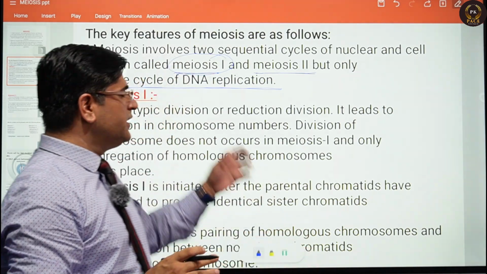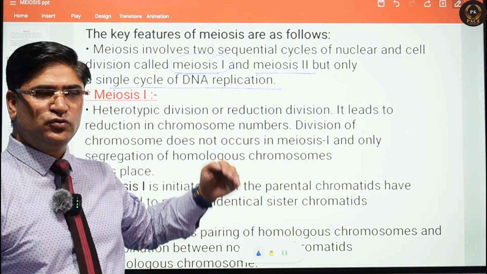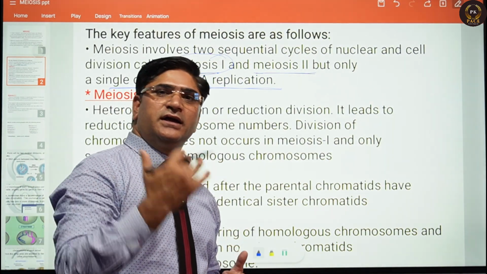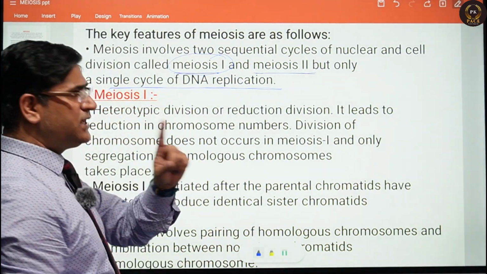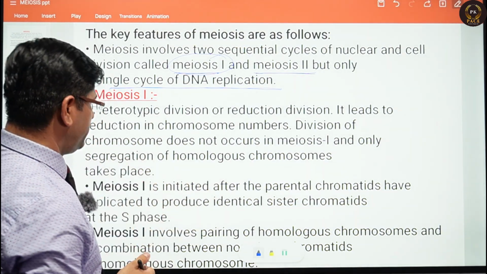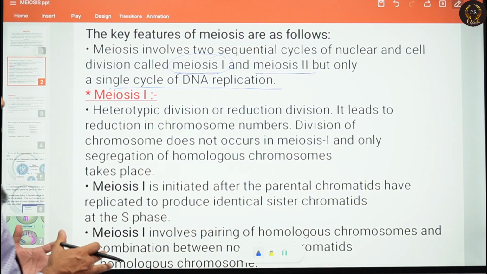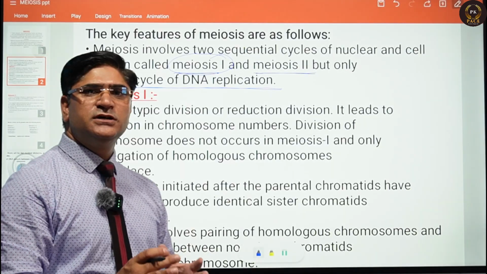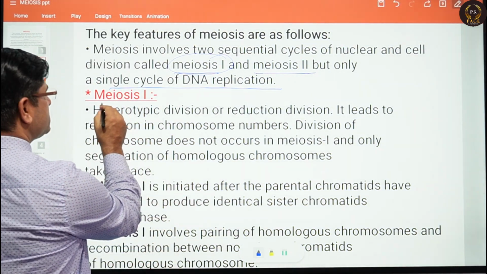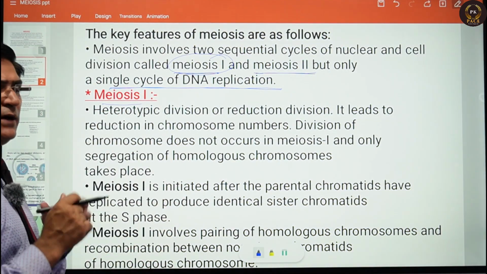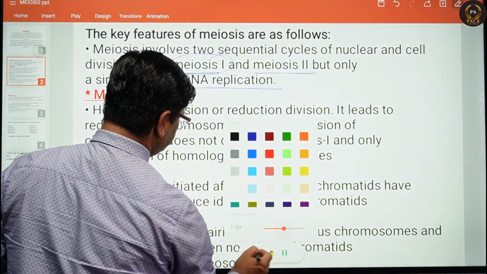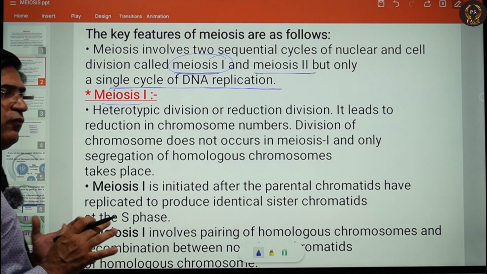Remember this point कि पूरी मियोसिस के दोनों फेजेस में, मियोसिस 1, मियोसिस 2, इसमें DNA रेप्लिकेशन जो होता है वो एक ही बार होता है, वो होता है फर्स्ट मियोसिस में. Remember this point. So let me take you through the first meiosis 1, the first phase of the meiosis, that is the meiosis 1. If we talk about the meiosis 1 beta, so meiosis 1 में meiosis 1 जो है